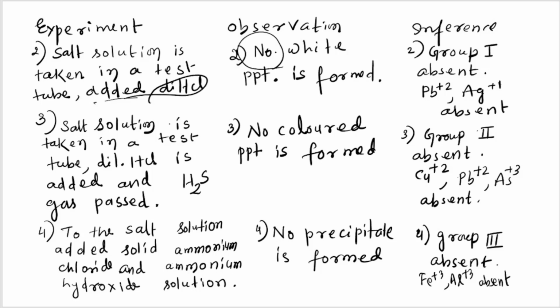This is a very symbolic representation that a white precipitate means group 1 is present. If group 2 is absent, so